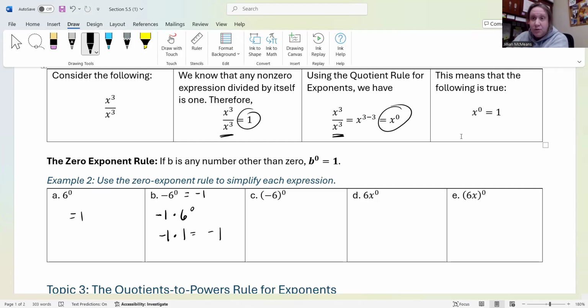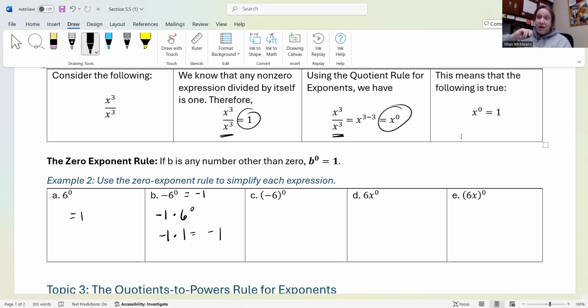Now, just to really blow your minds, or not, it depends. For part C, we have negative 6 in parentheses now to the 0 power. And we already know that when dealing with exponents, and especially negative bases, if the negative is inside the parentheses, it's part of whatever the base is. So this negative is now tied to that 6. They're like married together. You can't undo them because of those parentheses. And since that 0 is on the outside of the parentheses, that 0 applies to the negative 1 and to